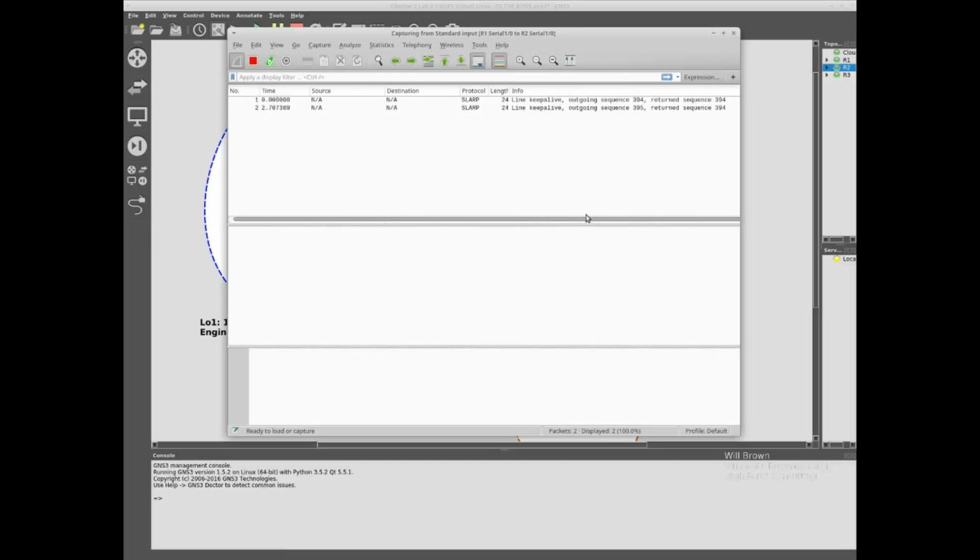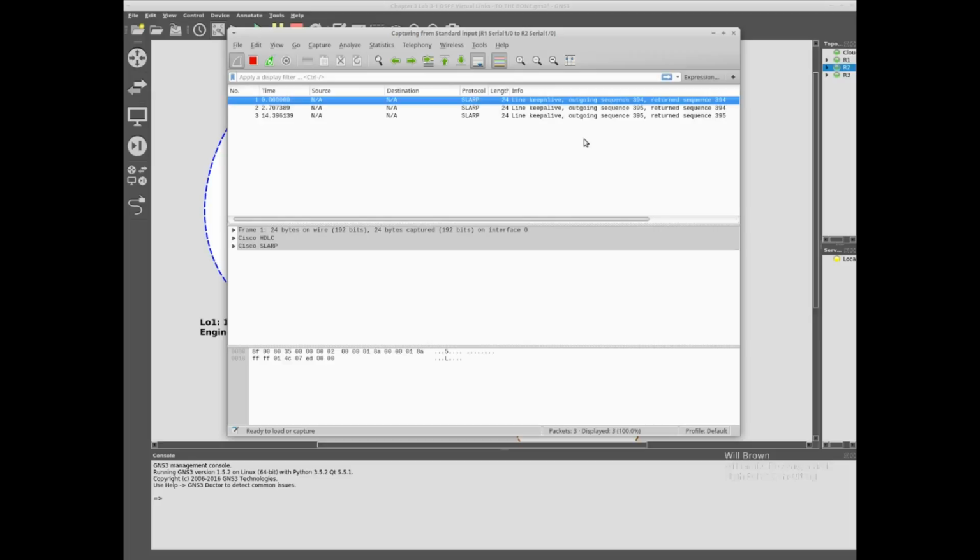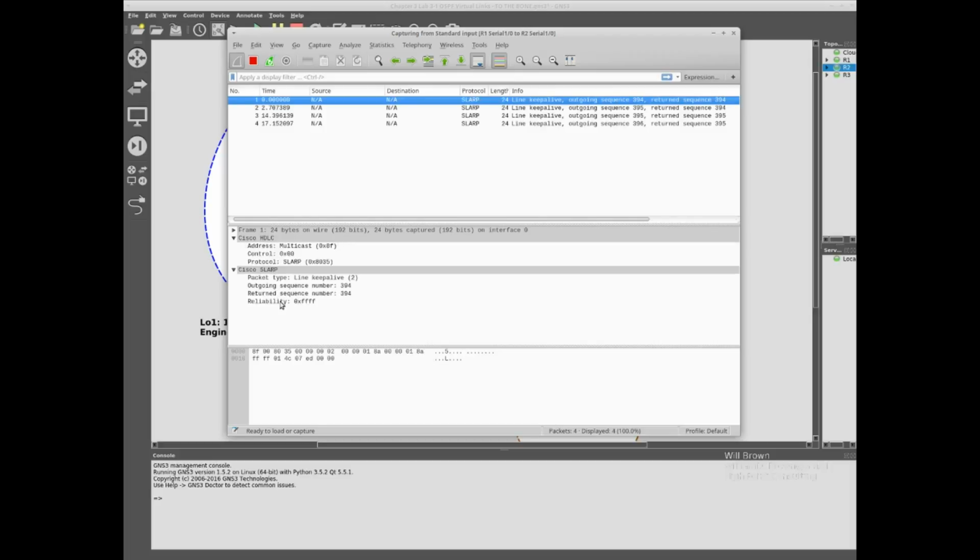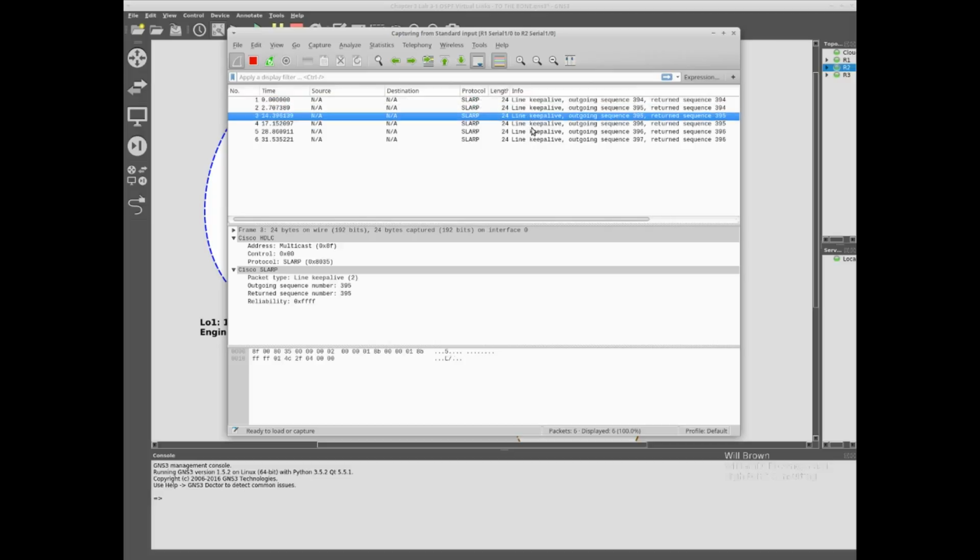So you see right now the only thing being passed back and forth is just the SLARP, which is just a serial interface protocol to make sure that the link is still up, and it's just sending keepalives.